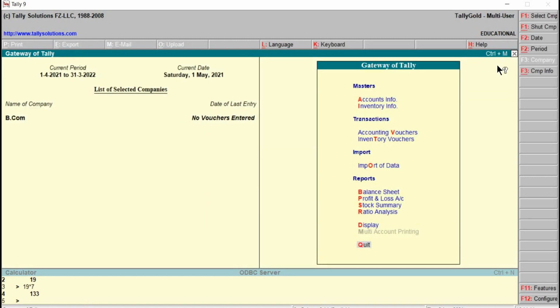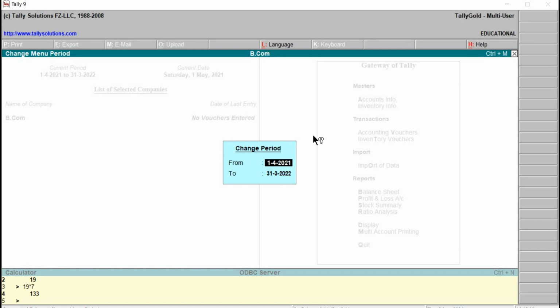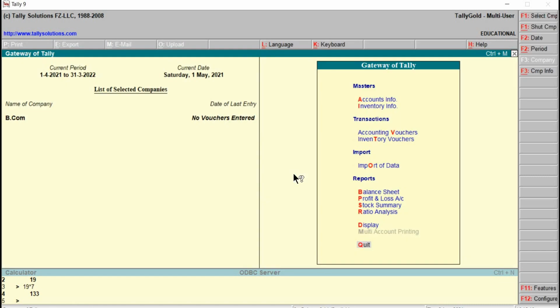Once again escape. The same way, to display the financial year, that is accounting year, we have F2, but below this F2 we have just one single line. When we have one single line, we have to make use of Alt. Got it? Alt function key F2 will display the financial year period, from 1st of April till 31st of March. To come out, escape, once again escape.